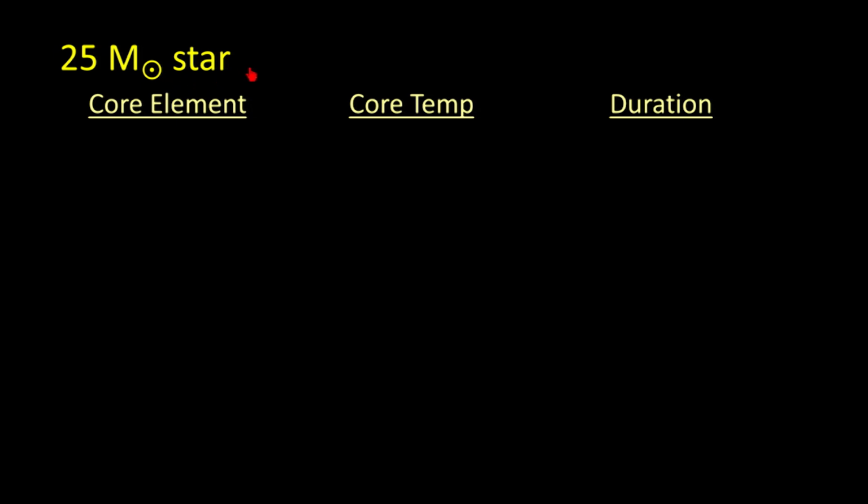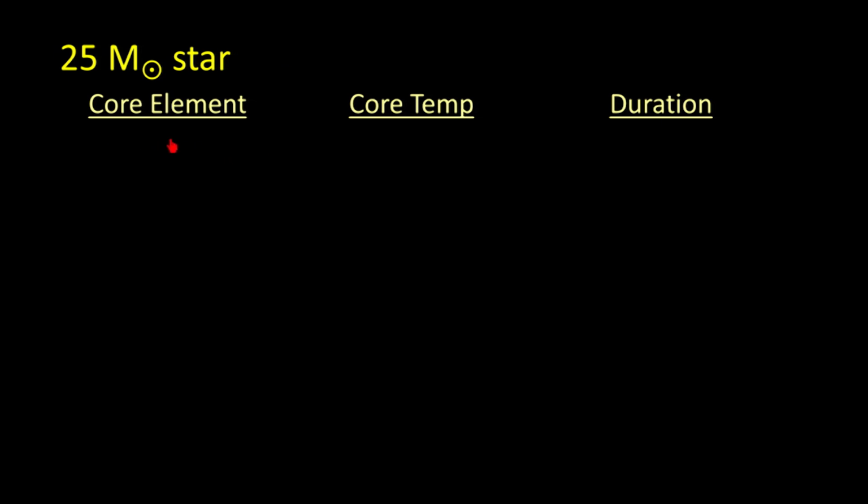And so these are going to be numbers that have been worked out through a supercomputer, through a process that's called a computer model or a stellar model that runs through the physics of this in an accelerated way. So instead of waiting for a star to actually go through its evolutionary sequence, something we would never live long enough to see, we can simulate it inside of a computer and we can see what the results are. So I'm going to show you some numbers that are real numbers that come from a stellar model.